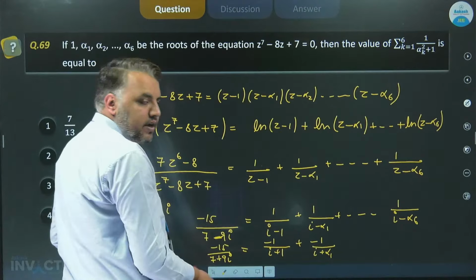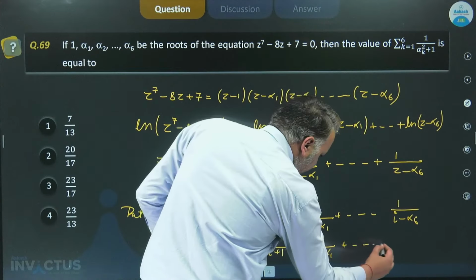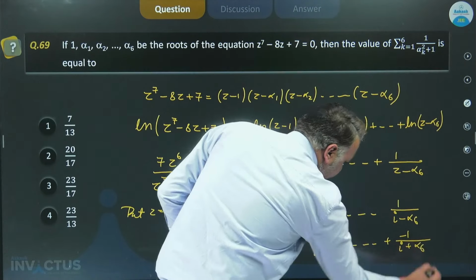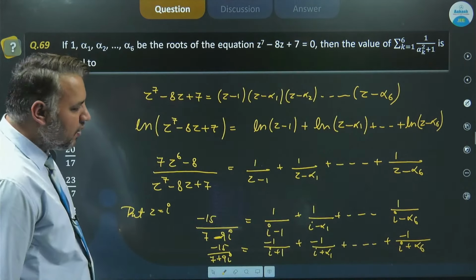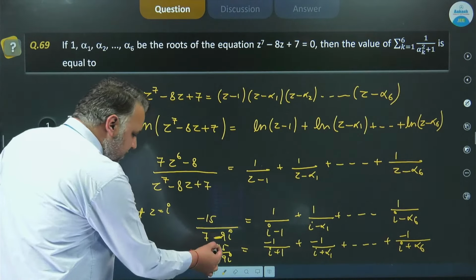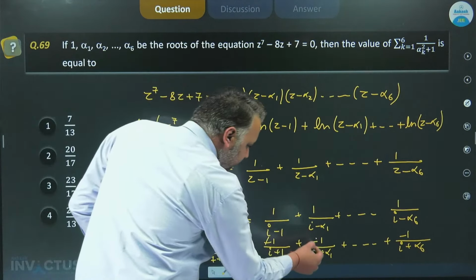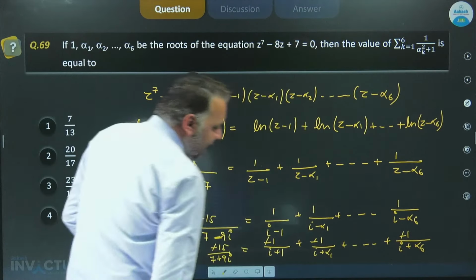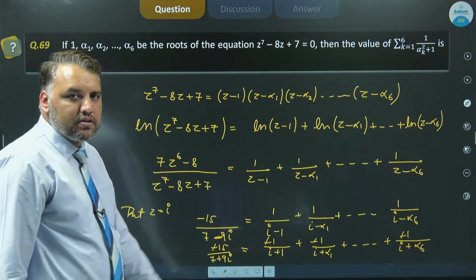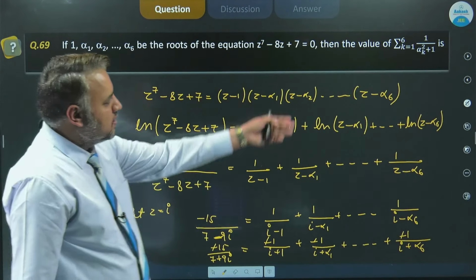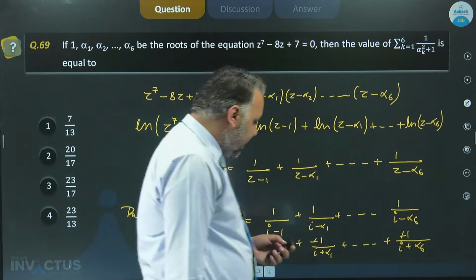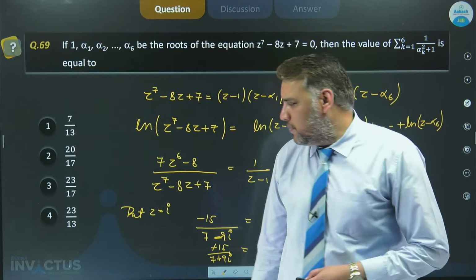Minus will be taken common and will reflect that minus in the numerator. Okay, so this will be the scenario. So now minus will be cancelled out in the second portion. And now if you add both these equations, you will directly get summation 1 upon alpha k square plus 1. Now how will you get? Now adding both these two,